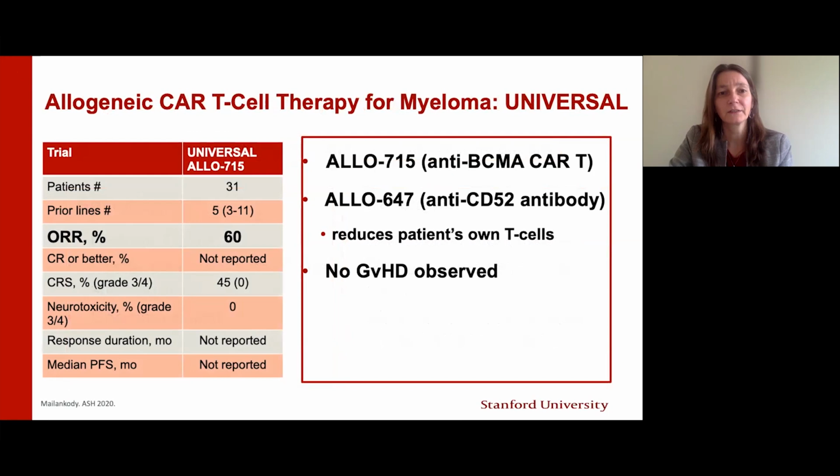So these are the results that were presented at ASH of the universal trial. The patients received ALLO-715, which is the allogeneic anti-BCMA CAR T cell. And in addition, more lymphodepletion with a drug that's called ALLO-647, which is an anti-CD52 agent that reduces the patient's own T cells. You'll see here on the left side that the overall response rate was fairly good, 60%, so